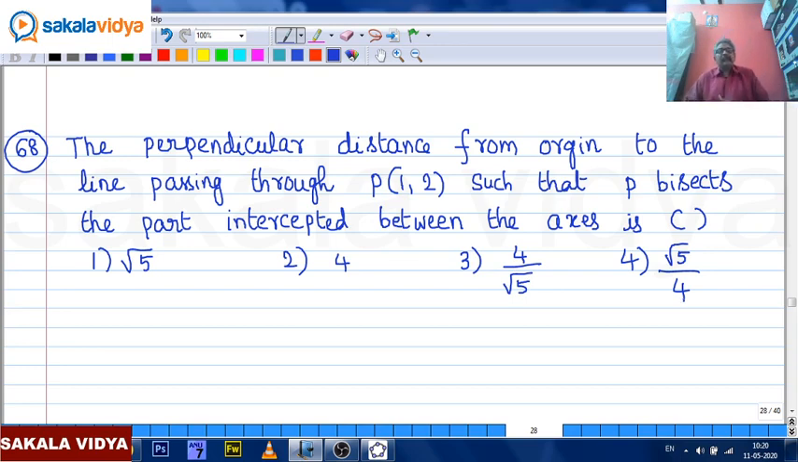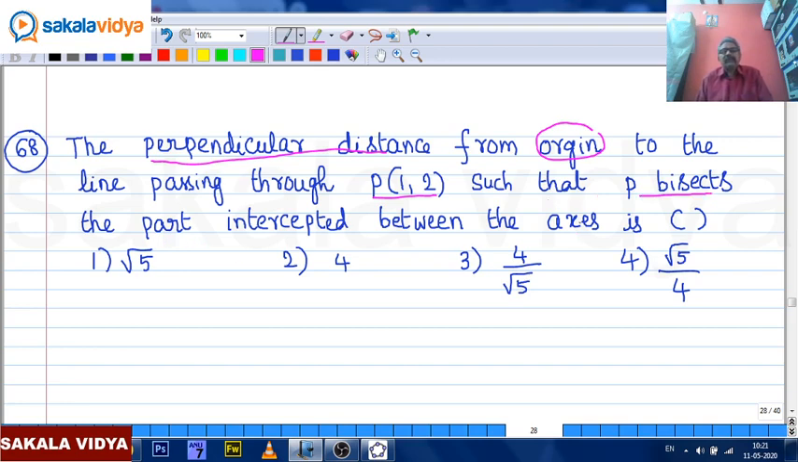Right. So I suggest to the viewers that some of our regular viewers may write the answer directly. Don't worry about that one. If you know the concept and practice such problems, definitely everybody will solve the problem. Okay. So now the perpendicular distance from origin to the line passing through P1, 2 such that P bisects the